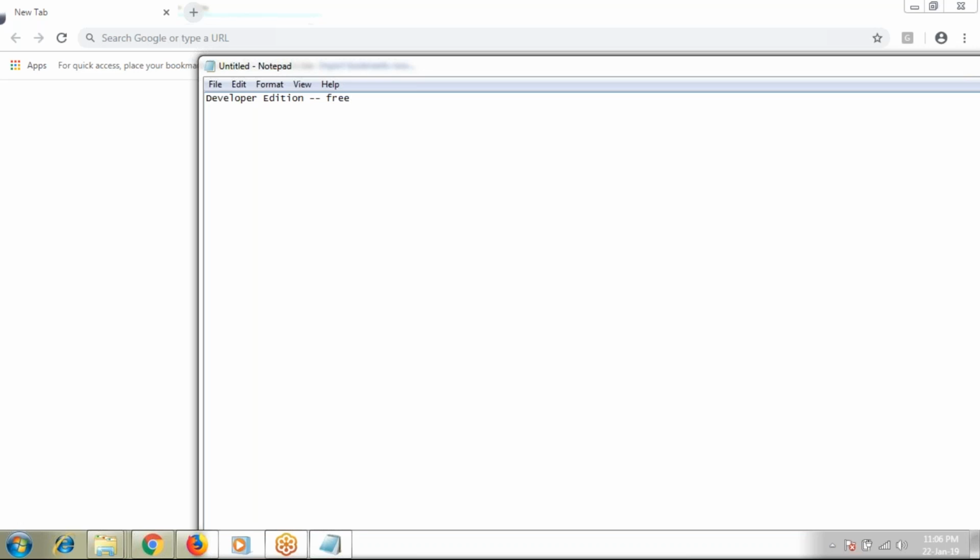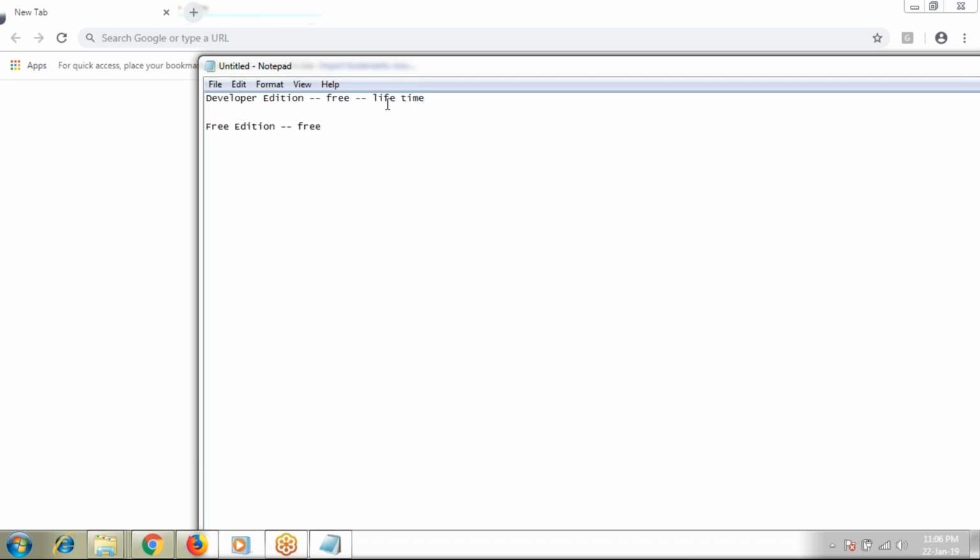Apart from the developer edition, there is another edition called free edition. This is also free of cost, but the difference between the free edition and the developer edition is, if you opt for the developer edition, you can use it for your lifetime.